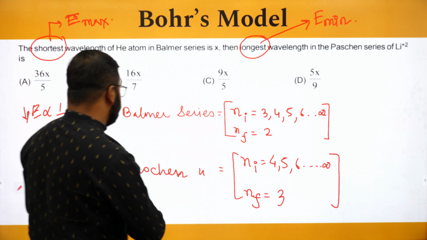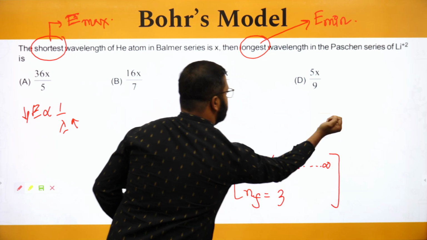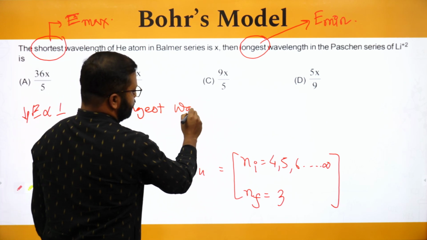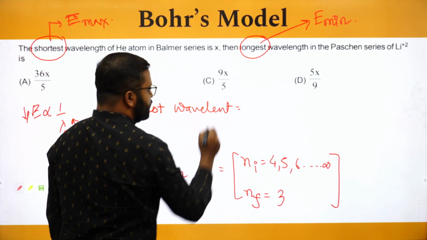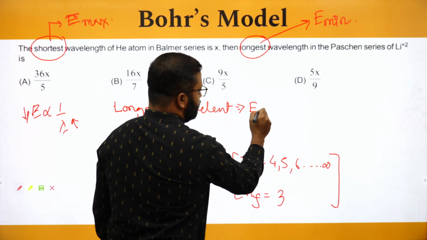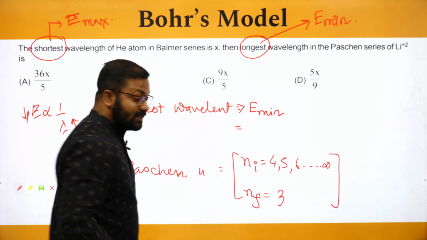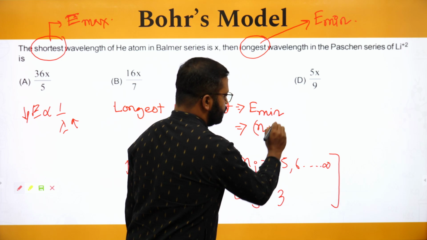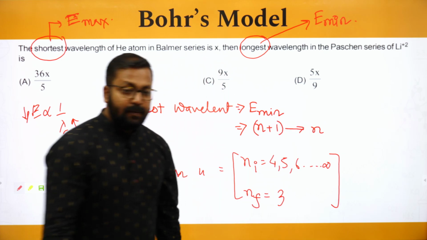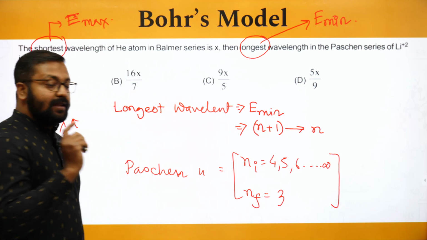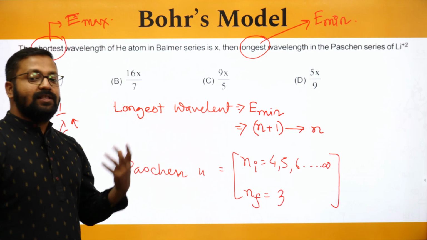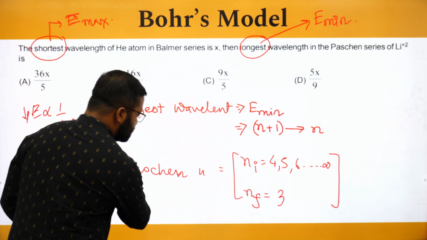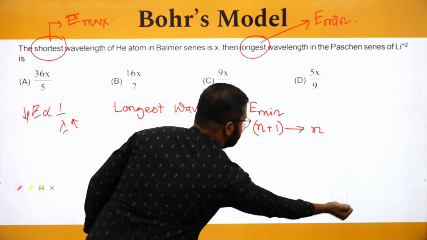Remember this, guys: the longest wavelength means energy is minimum, and this will happen when the transition is from n plus 1 to n. That means if it is the Lyman series, then the transition from 2 to 1 will generate the longest wavelength, or minimum energy. But if it is the shortest wavelength,